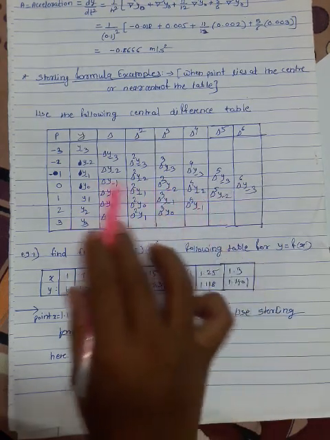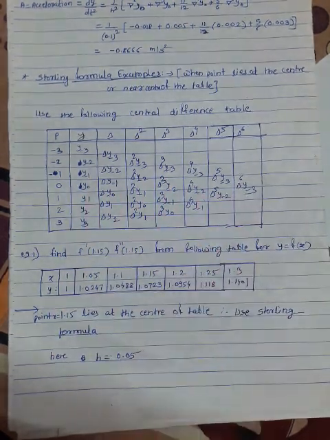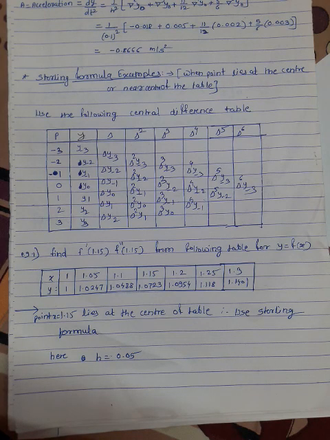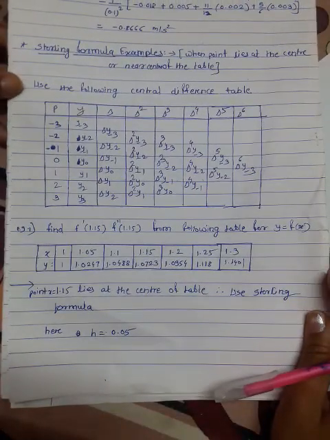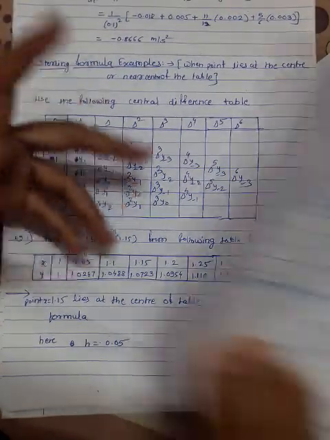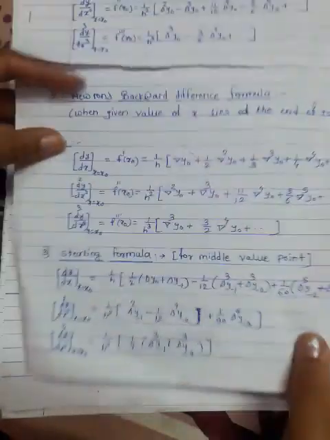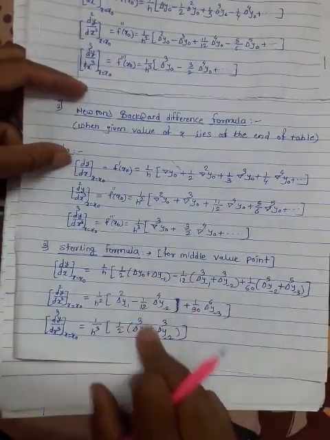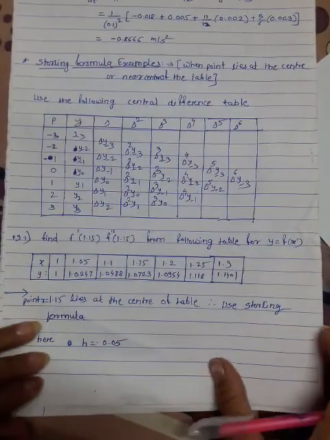Okay, this table you have to remember for the suffixes only. We have to make sure the suffixes are correct. Okay, there is one shortcut. I will tell you that shortcut while solving the example, how to remember those suffixes. Already we have written down all the formulas. These are the formulas. Okay, now let us see the example.